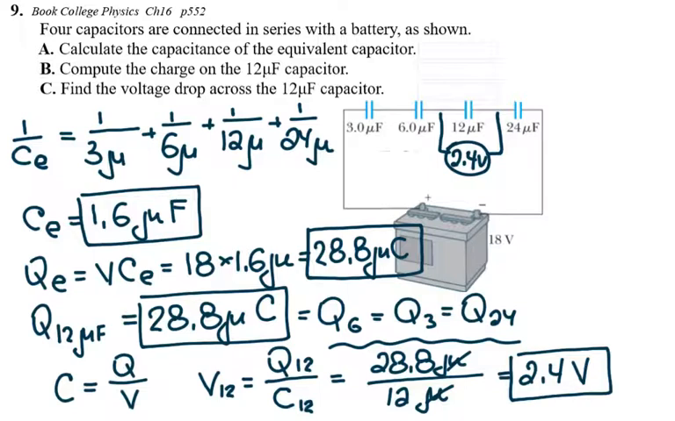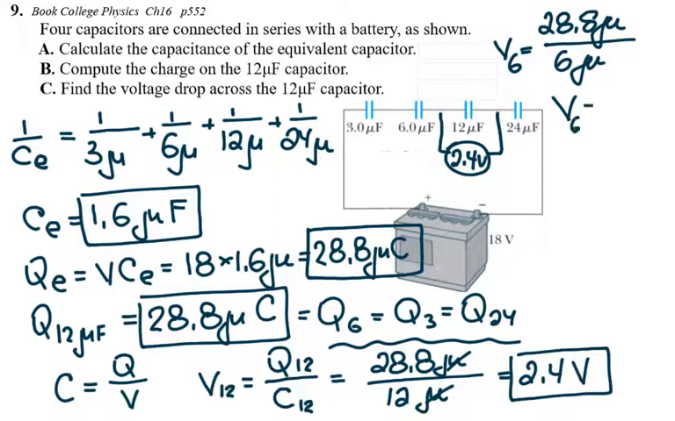So if I wanted to calculate the voltage on, let's say, the 6 microfarad capacitor, it's going to be the same charge for all of them. So that's 28.8 microcoulombs divided by the capacitance of the 6 microfarad capacitor, which is 6 micro. So that will give me the voltage on the 6 microfarad capacitor, the drop. If I measured the voltage on this capacitor, that would give me